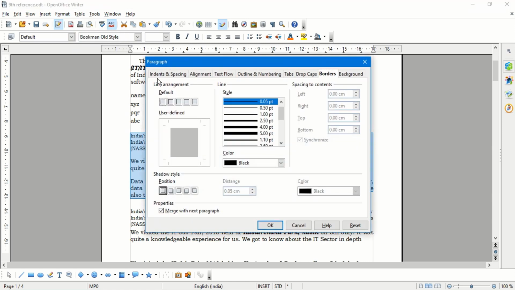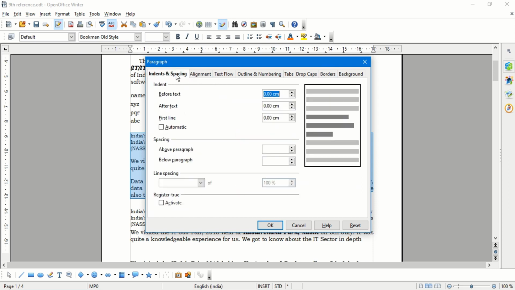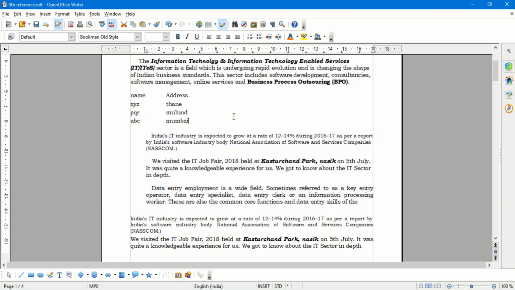Here I can select the indentation, that is how you want the indentation to be. The preview of it is seen over here. Let's take a 1.3 centimeter indentation. The spacing before text, after text, all these options can be set. See here, now this text has been indented inside by 1.3, that is the setting we had done. That is indentation, which means moving your text slightly inside.